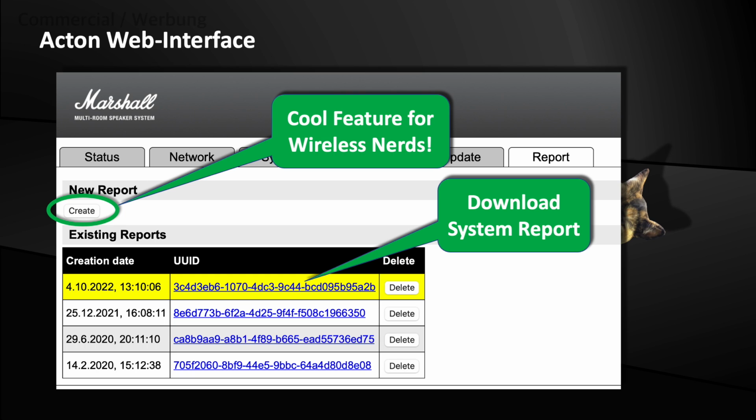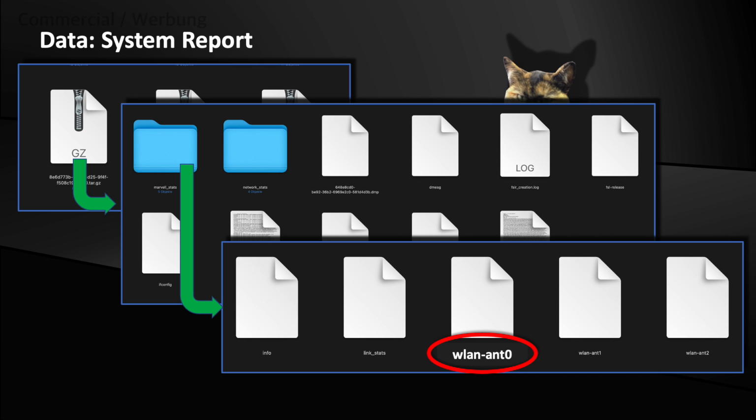In the last tab here, I found something very interesting. You can generate and download system reports. Hey, let's do that right away. So we load the system report onto our PC, unzip it, and then we find a whole bunch of files of which are interesting. But for now we open the file